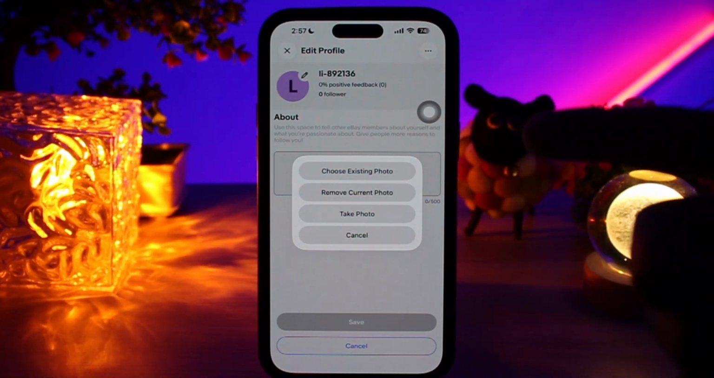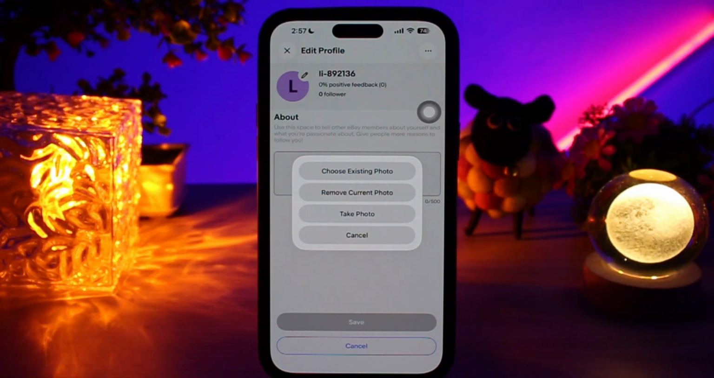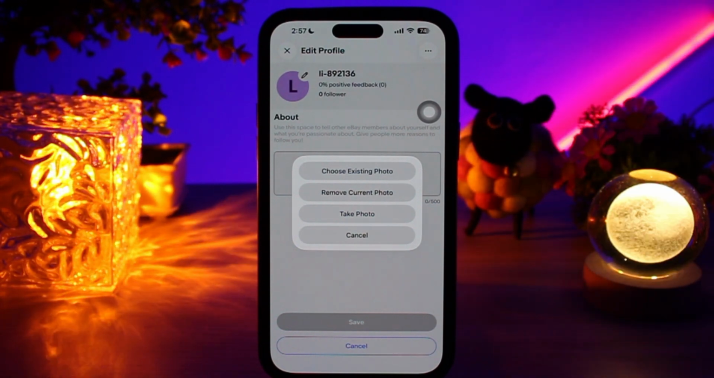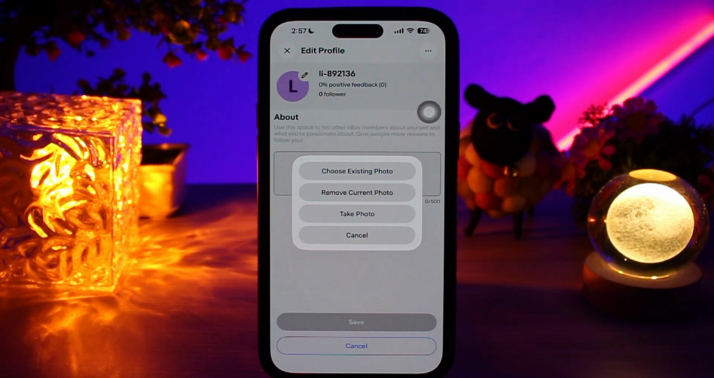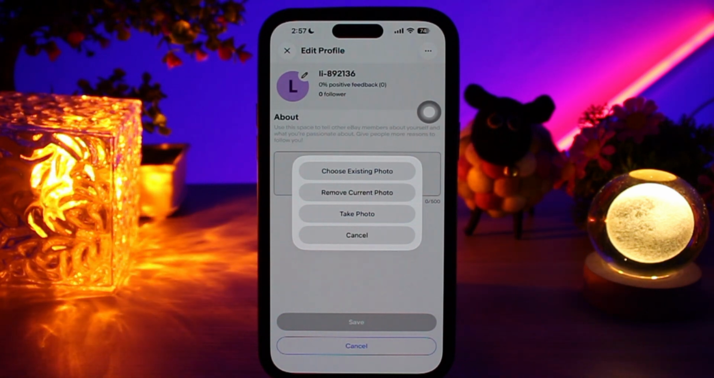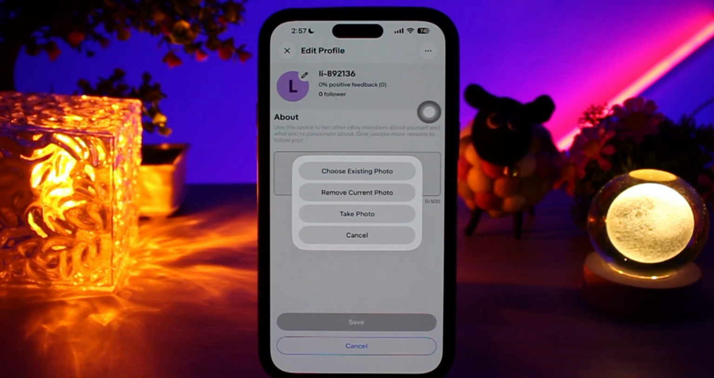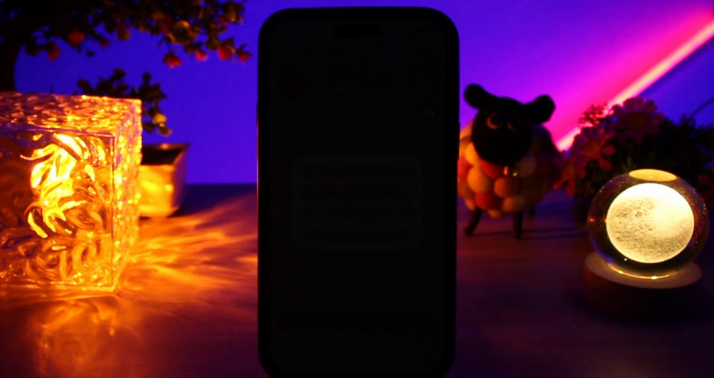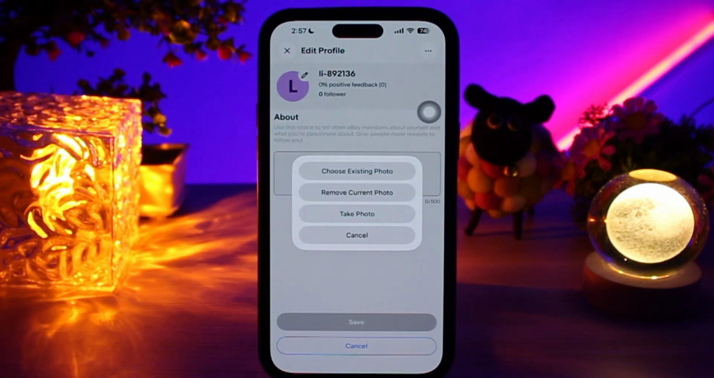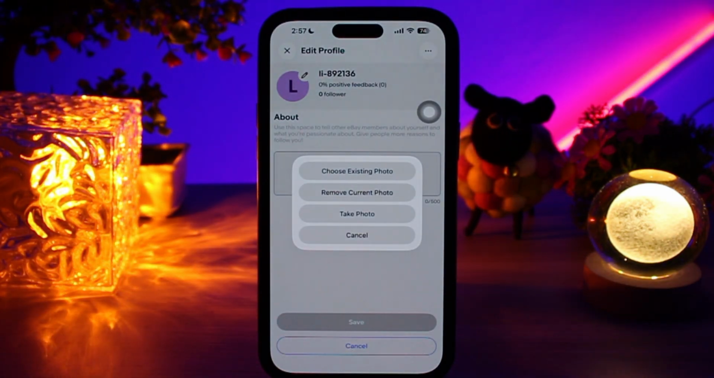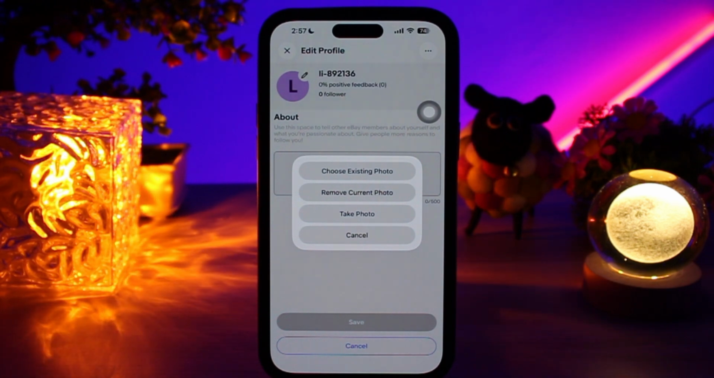I have already changed my username, so I don't have the option available right now. But if you are changing it after 30 days or more, simply click on edit and then type the username you want. eBay will check if it's available, and if it's taken, try a different variation. And once that's done, click on submit or save, and your unique username